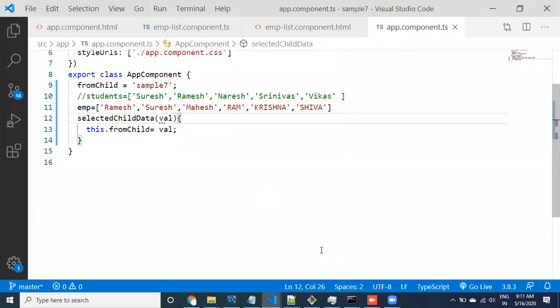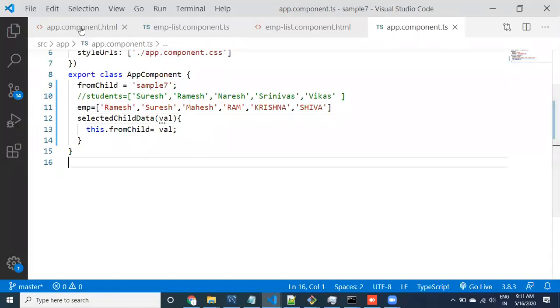Emission should happen from child to parent. Emission is nothing but an event. While emission is happening, we can set the data to the emission, meaning that one action is happening, and along with the action you are going to send the data. Okay, to implement that emission part in the child, let us go to it first.